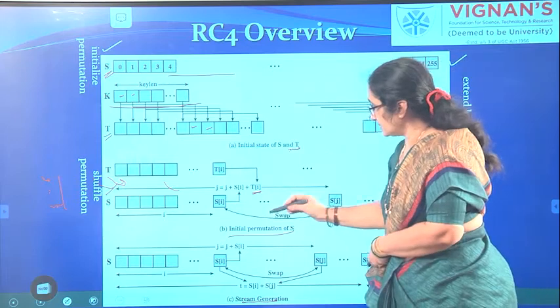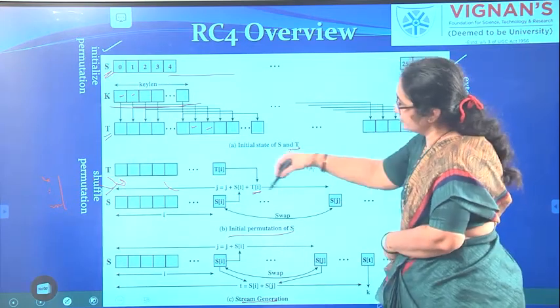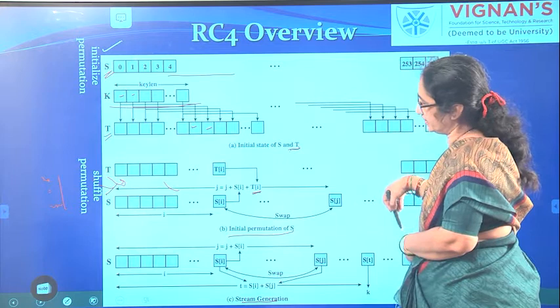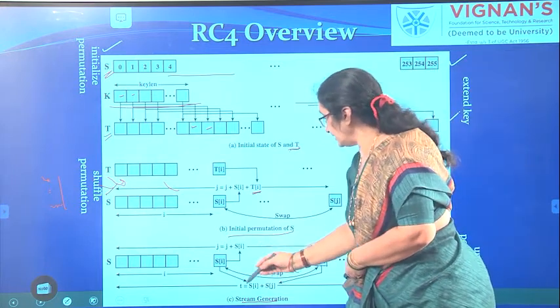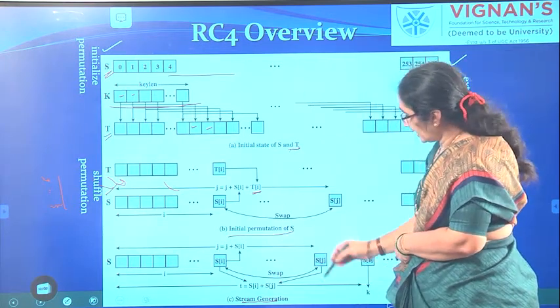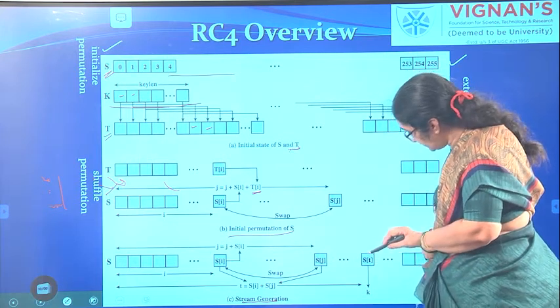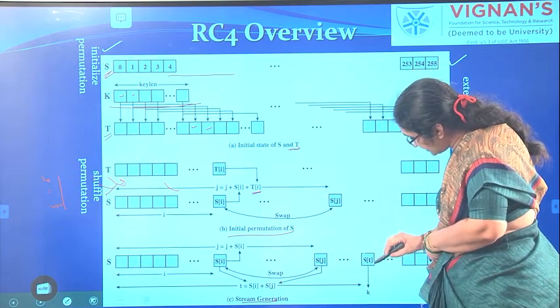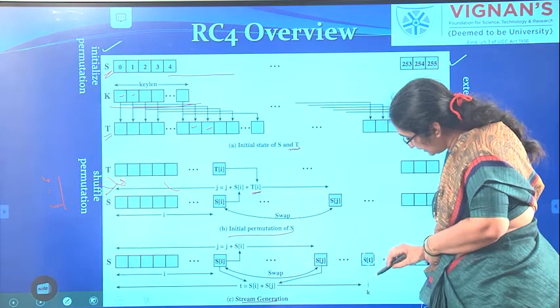Afterwards, after performing the swapping once with all the elements of this particular state array, you start calculating the value of t, and the value that is present at S of t will be the key.